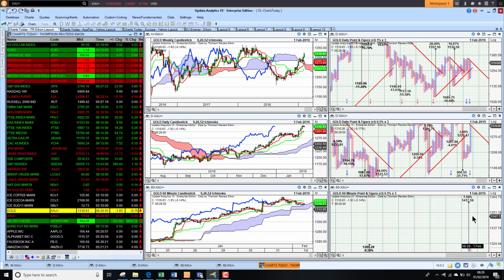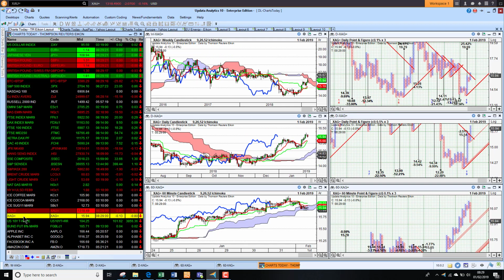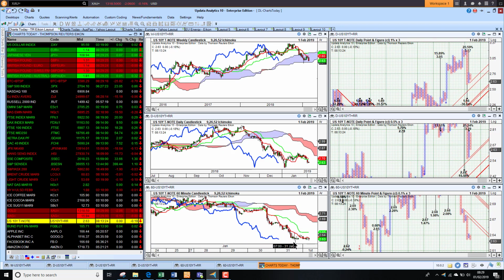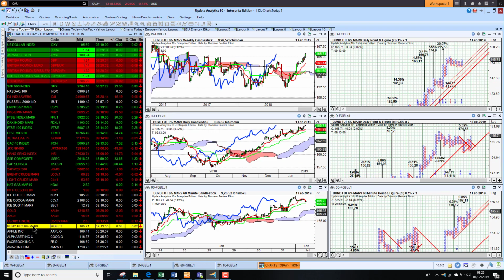We'd need to move to new highs to activate that, and that would break this resistance of around 1350, 1380. So really significant. Gold looking still pretty bullish despite pulling back a bit this morning. Silver also looking pretty strong on the charts, and US 10-year yields sinking lower after that Fed announcement this week to 2.63%. So bond yields coming under pressure, which means bond prices are rising, and we're seeing in Europe the German Bund looking bullish on all three timeframes now.